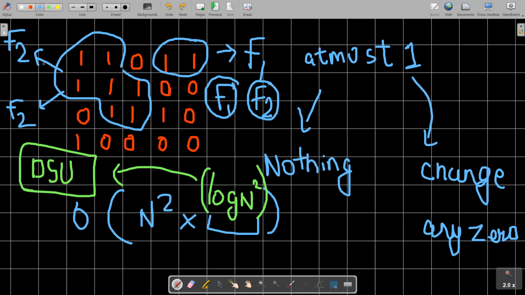Okay, so you are going to do this for every cell containing the value 0. So your time complexity would become O of n square into log of n square. The log of n square is because we are going to have a disjoint set union, and with a disjoint set union we can have logarithmic time. Note that we are going to provide a unique identification to every cell. Okay, so let's move further to the coding part, where I'm going to explain the entire thing in detail.